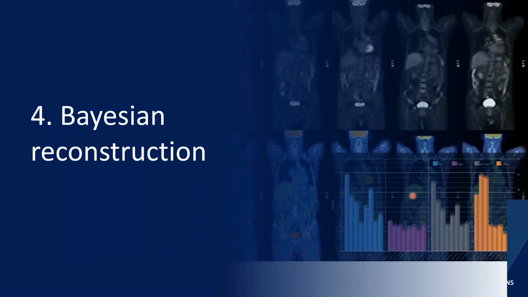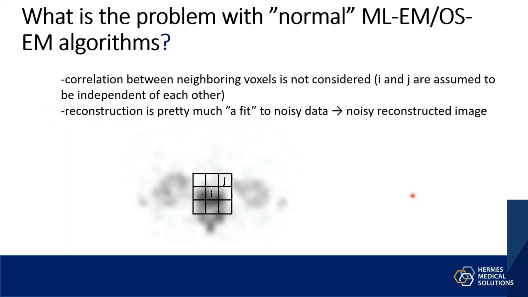All right, now we have talked about the basics of statistical reconstruction, MLEM, OSEM, and the compensation methods, and we will take a short look at the Bayesian reconstruction methods. So you might ask, why do we need a new family of reconstruction methods? What is the problem with the MLEM or OSEM algorithm? And the problem with this is that